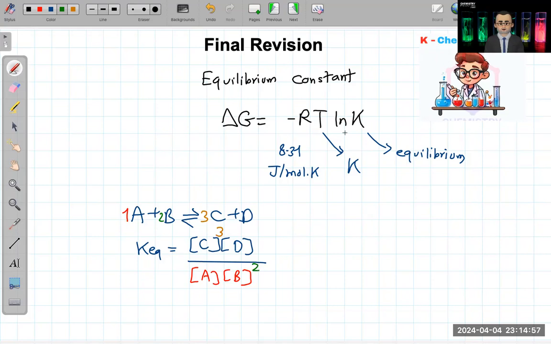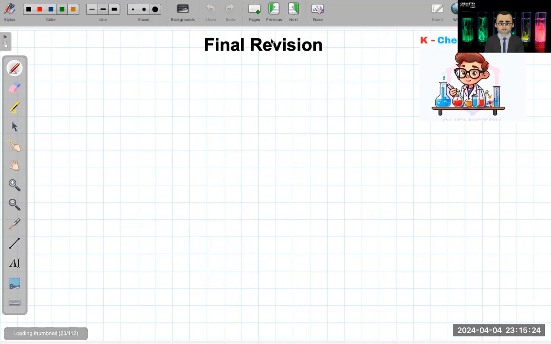So if you have K, the equilibrium constant, getting the ln of it, and we have the temperature, you can find the delta G and find whether this reaction is happening in a favorable way or not. And if you have K, you can find delta G, and if you have delta G, you can find the equilibrium constant. We also have some examples on that. And the last thing will be the relationship between, we'll give answers to questions about this one.